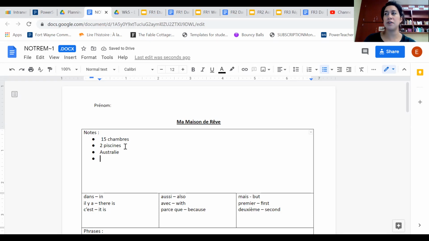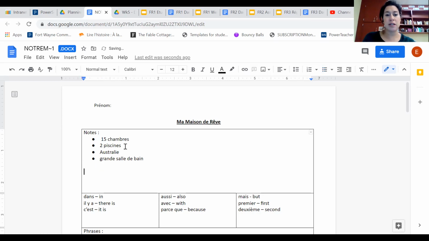And if you don't know how to say the country in French, then just leave it. Don't put it in English. If you're here in person, there's maps everywhere. You could just keep it simple. You could say France if you wanted. What else do I want? Oh, I want une grande salle de bain.